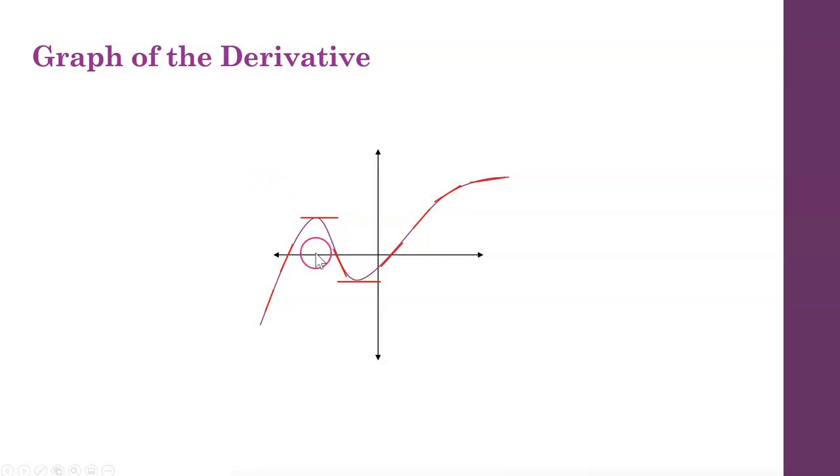Then it will become negative because, as you notice, the slope of the tangent is negative, so we'll go down, and then it will start coming back up because the slope starts getting bigger until it hits 0 again right here. This tangent line is horizontal,